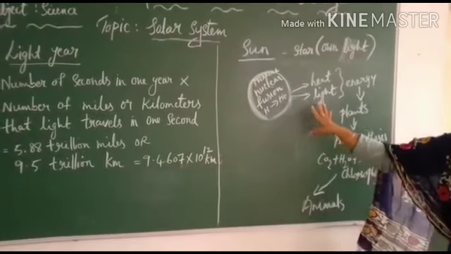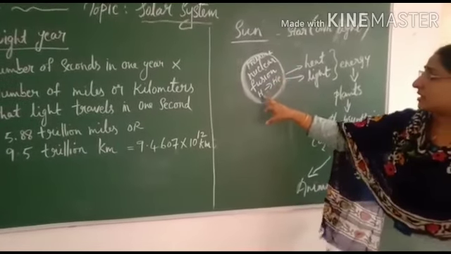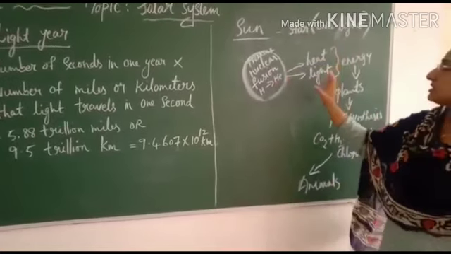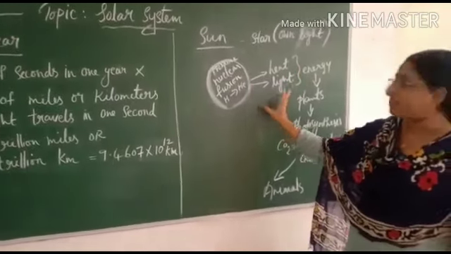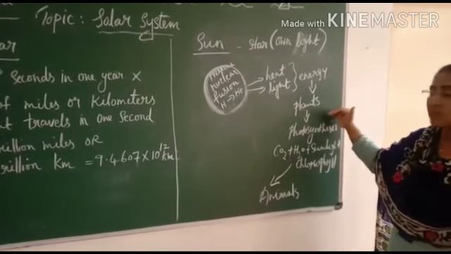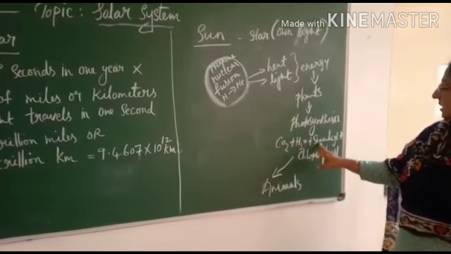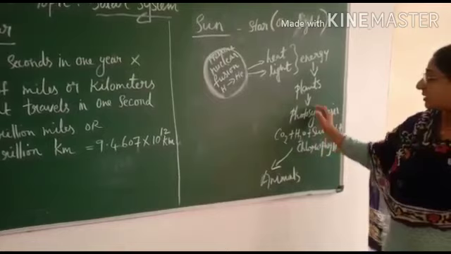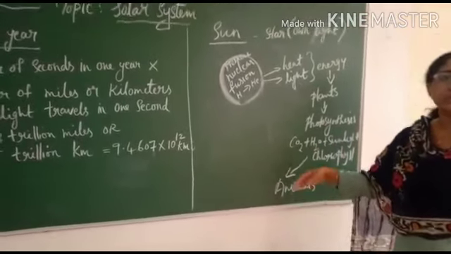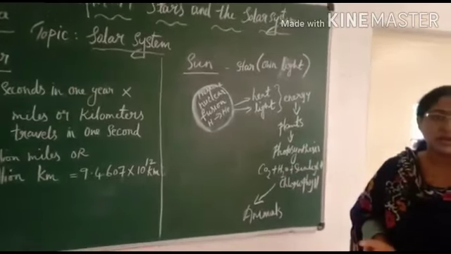How does it take place? I told you there is nuclear fusion taking place inside the sun. Hydrogen converts into helium. At the time of this fusion, it gives out a tremendous amount of heat and light energy. This energy is used by the plants for photosynthesis. What is meant by photosynthesis? They prepare food by using carbon dioxide, water, sunlight and chlorophyll. Now the food is prepared, and it is used by the animals and humans. So we are also getting the same energy from the sun. Clear, children?